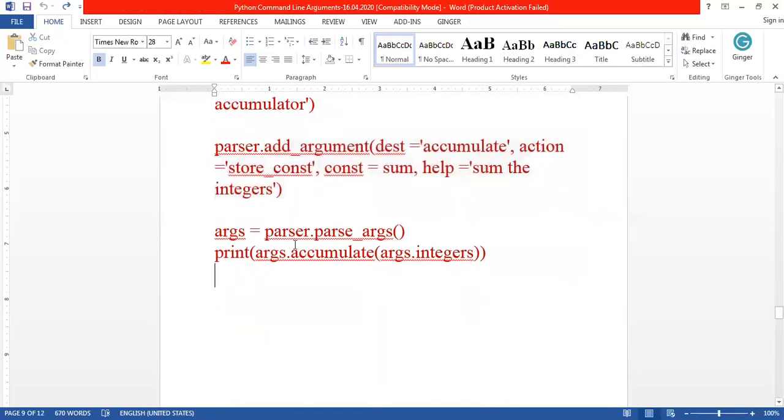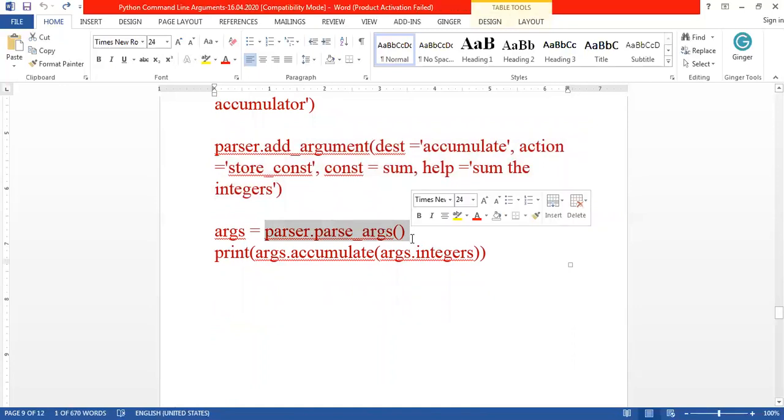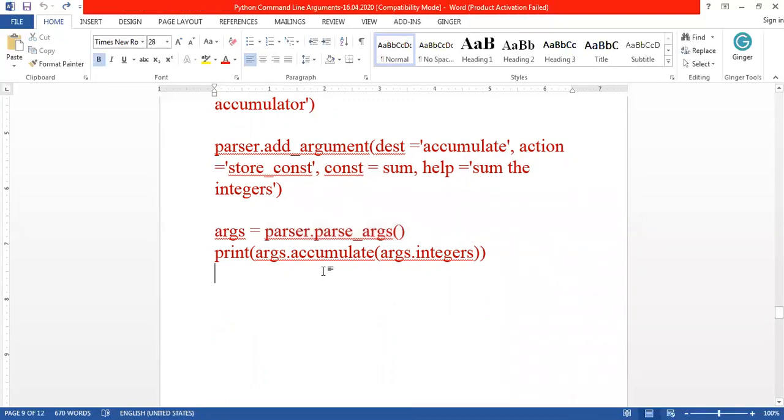After that, we validate the command line arguments with the help of the parse_args function. If the command line arguments are given in the correct type by the user, this will be true, so automatically it will perform the action the user required. That action is executed, and finally the output will be displayed.